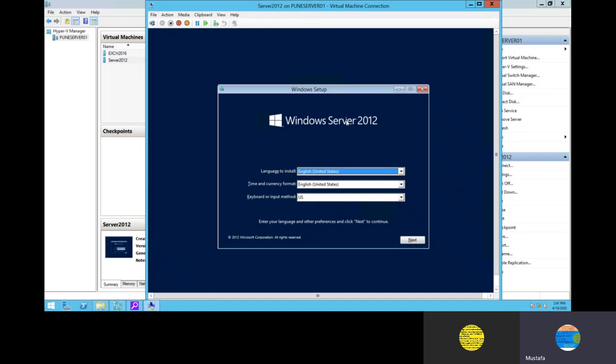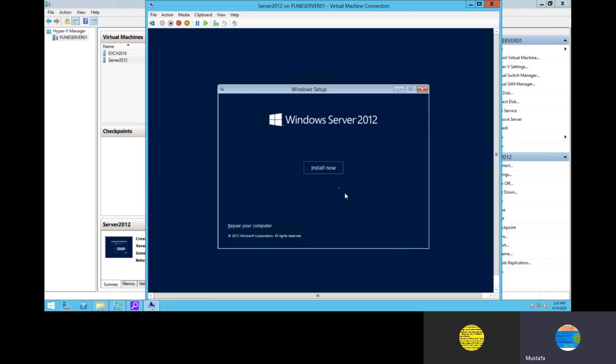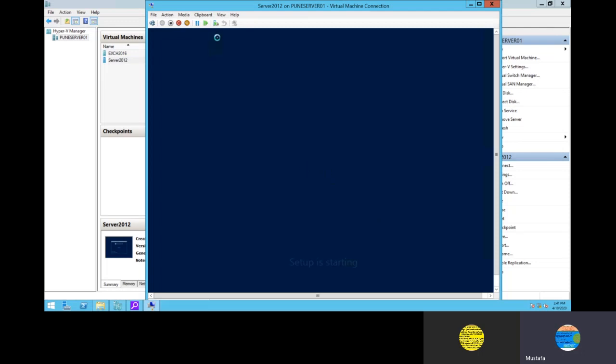This is the machine. Here we select the language you want to install: English, time and currency format English, keyboard US. I am going with the defaults. Click next. Then here I am going to click on install now.